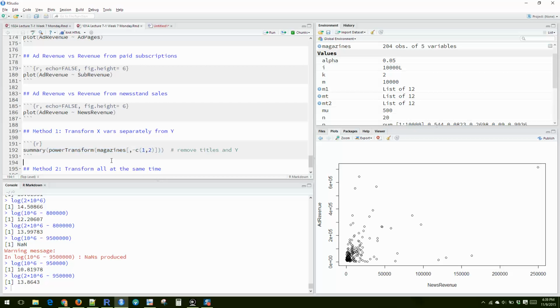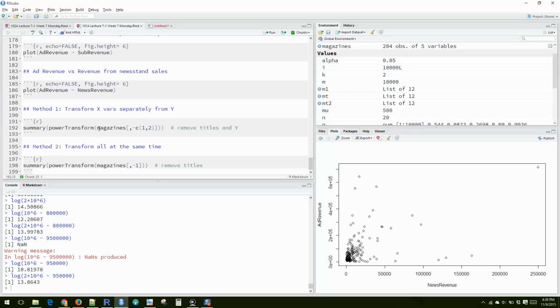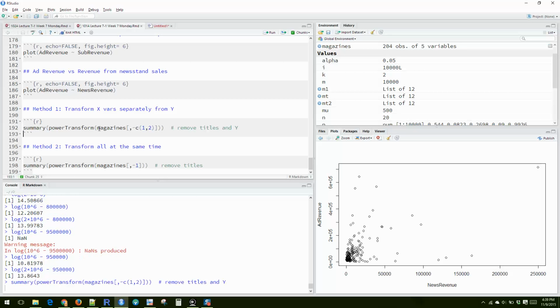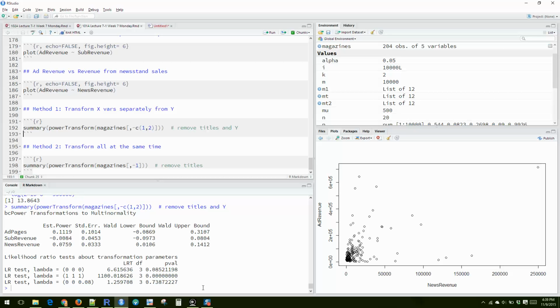So anyway, if you have all strictly positive, no zero values, you can do the summary power transform, and this works here. And so in this case, one option would be to